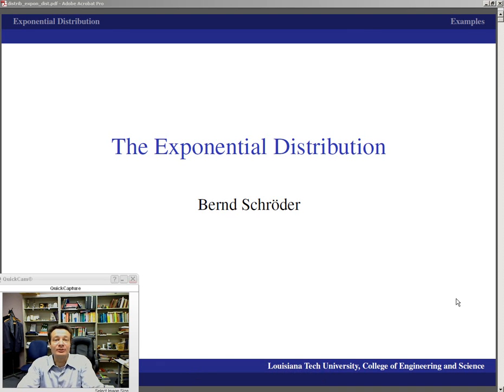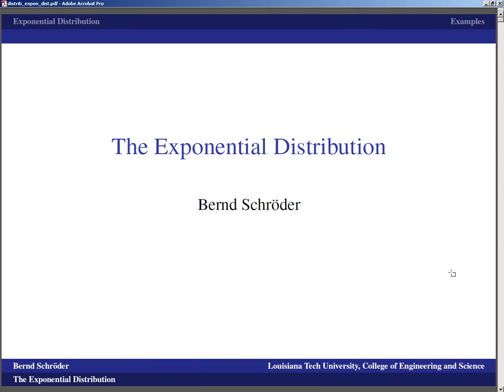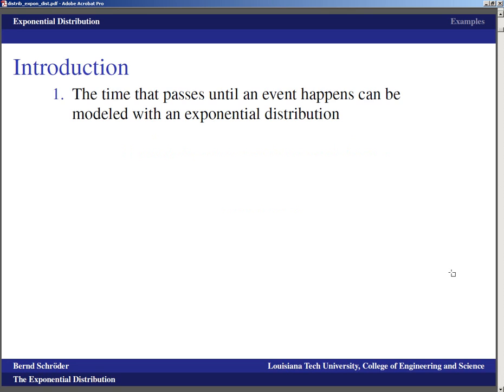The exponential distribution for us is going to be the first real distribution that actually has industrial applications that we're going to look at. Its actual accuracy can be debated, and there are certainly also more sophisticated models now. But as a first approximation, actually the exponential distribution is very good to model the time that passes until an